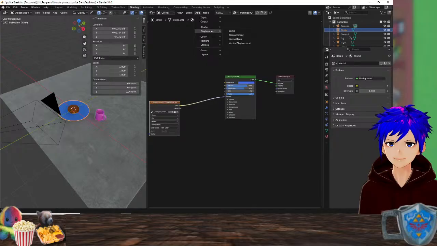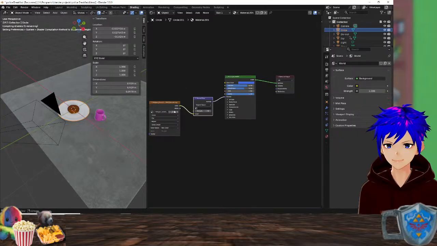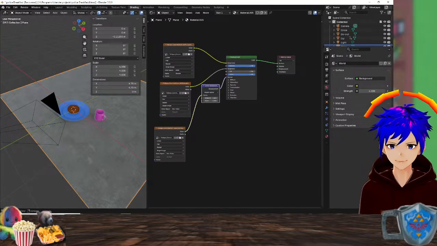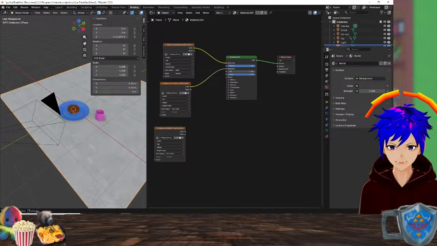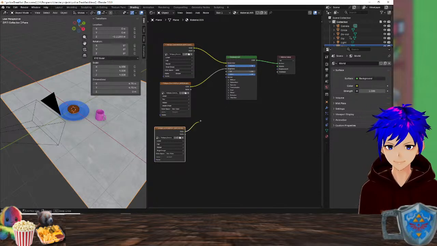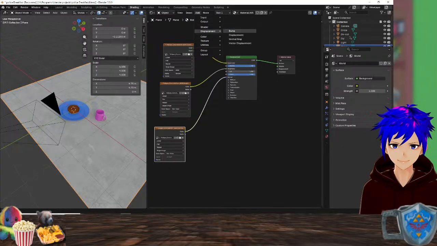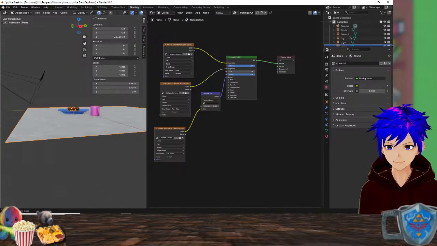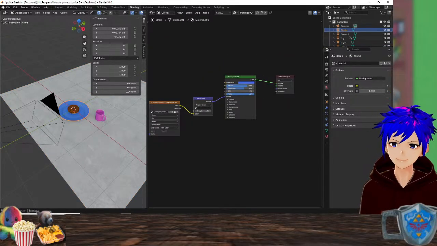Add it's normal map. Wait, this is wrong. Delete. Add displacement normal map. Okay.